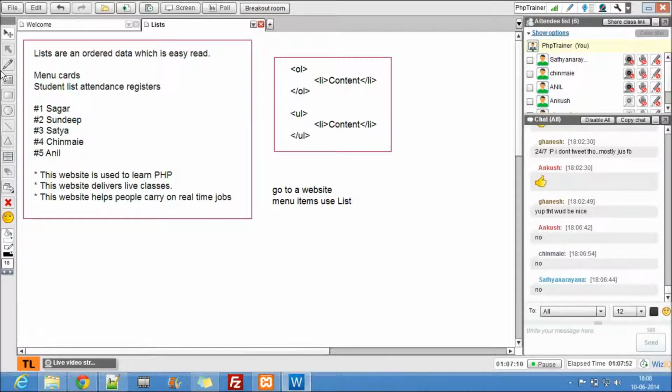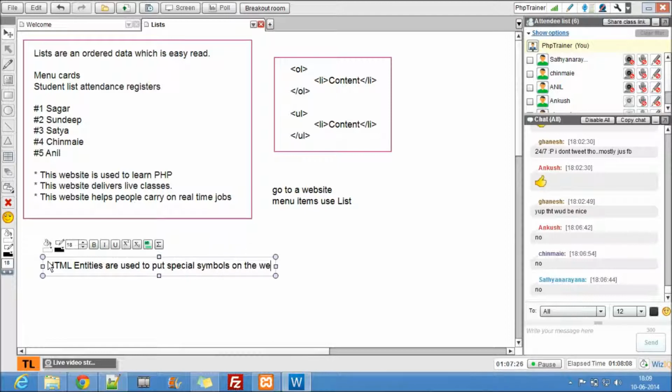So HTML entities are used to put special symbols on the web page, which are not possible using regular content.